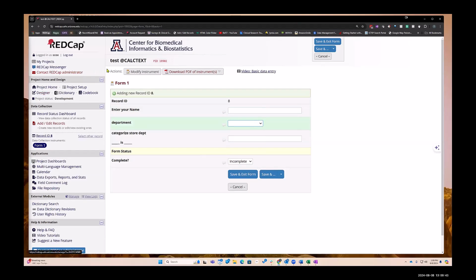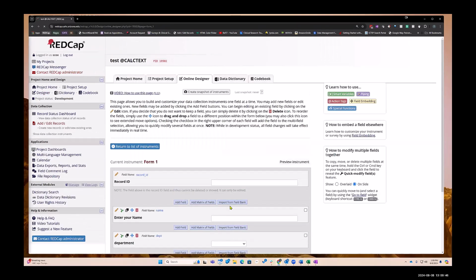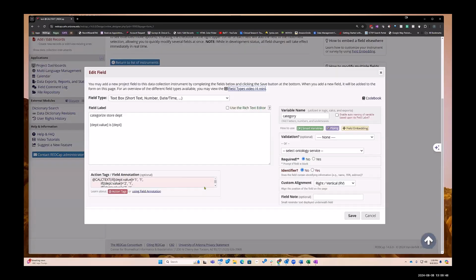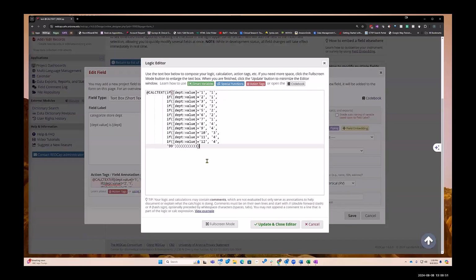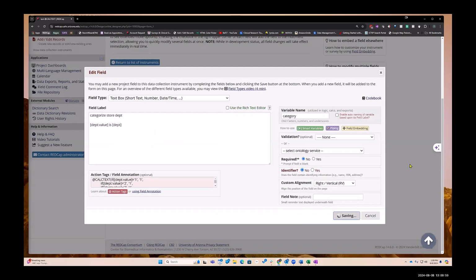Say, okay, so I hope you all follow this. So now I come back in here and I'm going to fix this, which is the most bizarre part of this. I'm going to make it correct, add the right number of parentheses, update this and save it, and it will not save. So if you are not an administrator and you try to make a calc text statement accurate, it will not save,